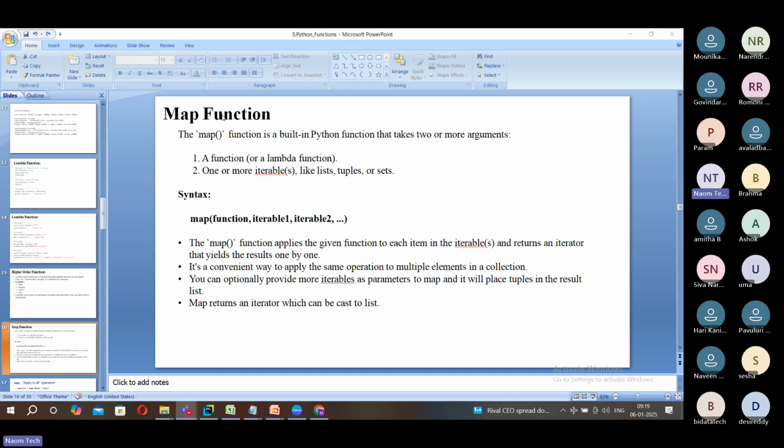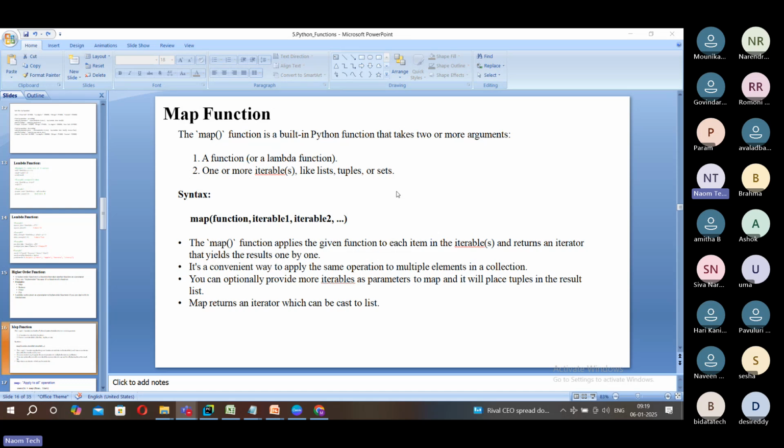Yeah, let's continue. Map function. So these are all higher order functions and these are built-in functions. Generally this takes a function or lambda as a parameter. We can pass either a regular function to map, but lambda is much more recommended than regular functions. Whatever you think is the best fit, you can pass to the map. Lambda is generally recommended because lambdas are expressed in a single line, which best fits these